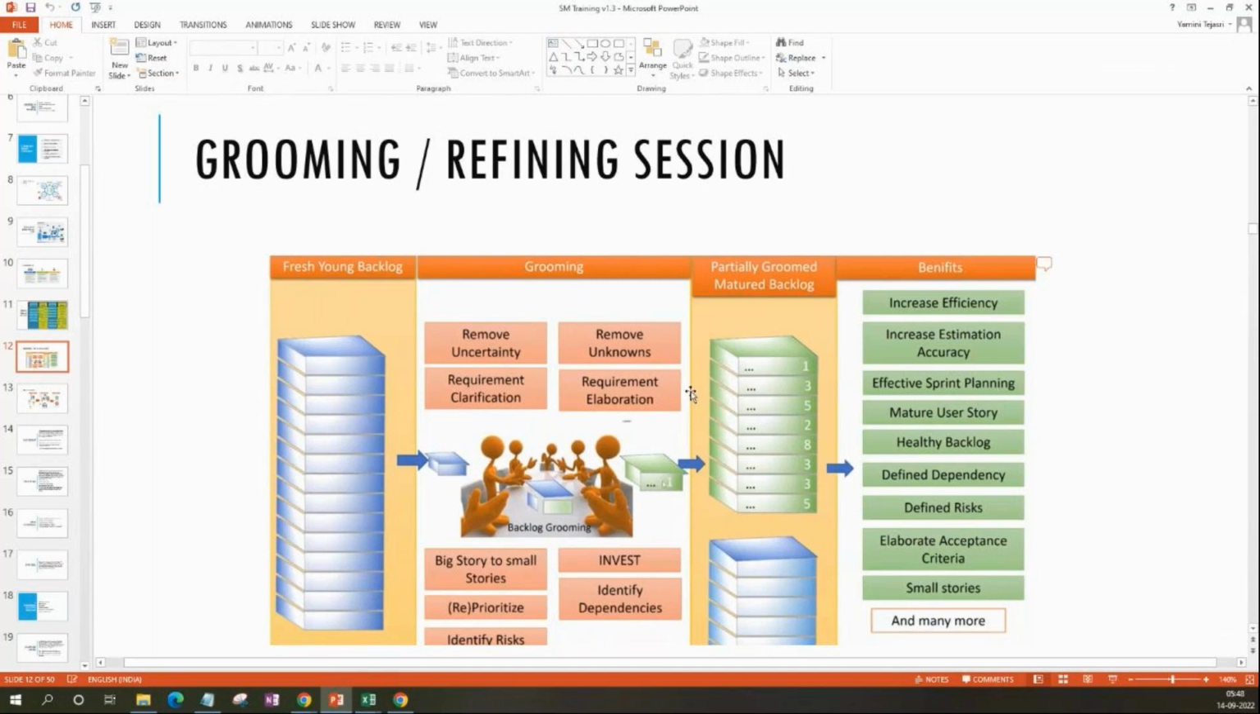Then you'll say, now the user story is partially groomed, meaning the team has understood the user story. It's matured with all the details, and the team has understood. So we know the estimate also. So we'll push it to the partially groomed matured backlog. Then you pick the next item, discuss it again end to end, and push it to the partially groomed matured backlog. Take the next item, discuss. That's how it happens until